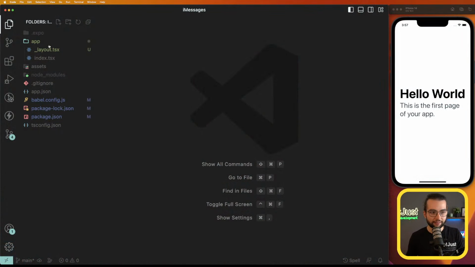So I would imagine that in a lot of cases you would implement chatting as an extra feature in your application. It's not going to be the main feature. It's not going to be your home screen, what I'm trying to say. It's going to be somewhere as a separate screen. So for that reason, let's create it as a separate group of screens. I'm going to create a new folder called chat. And in this chat, let's create a new file,